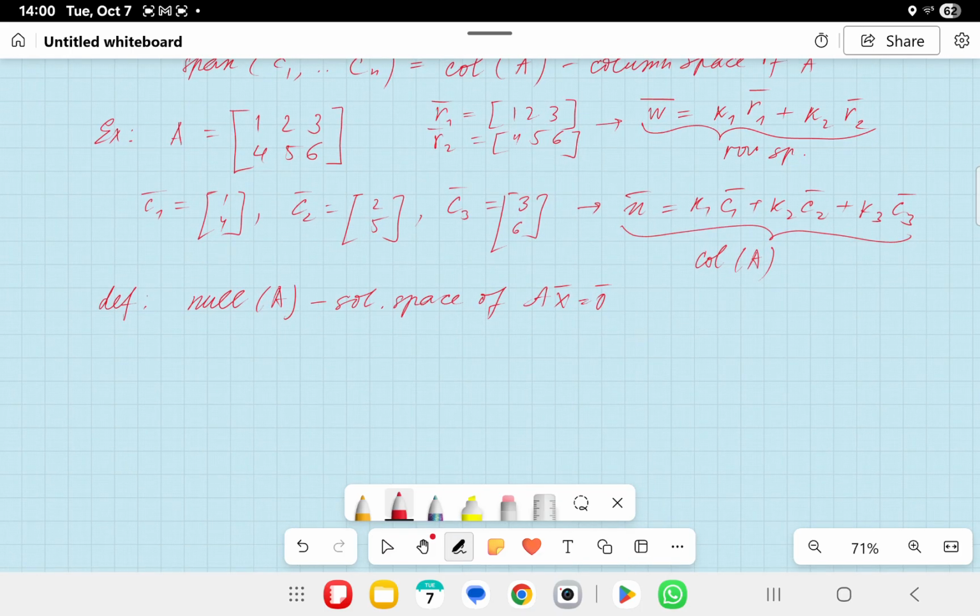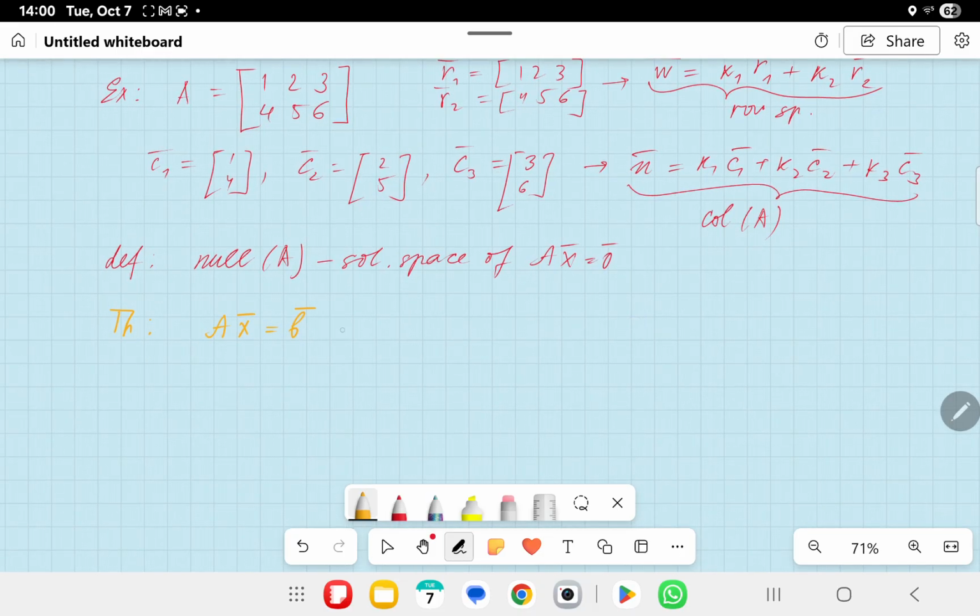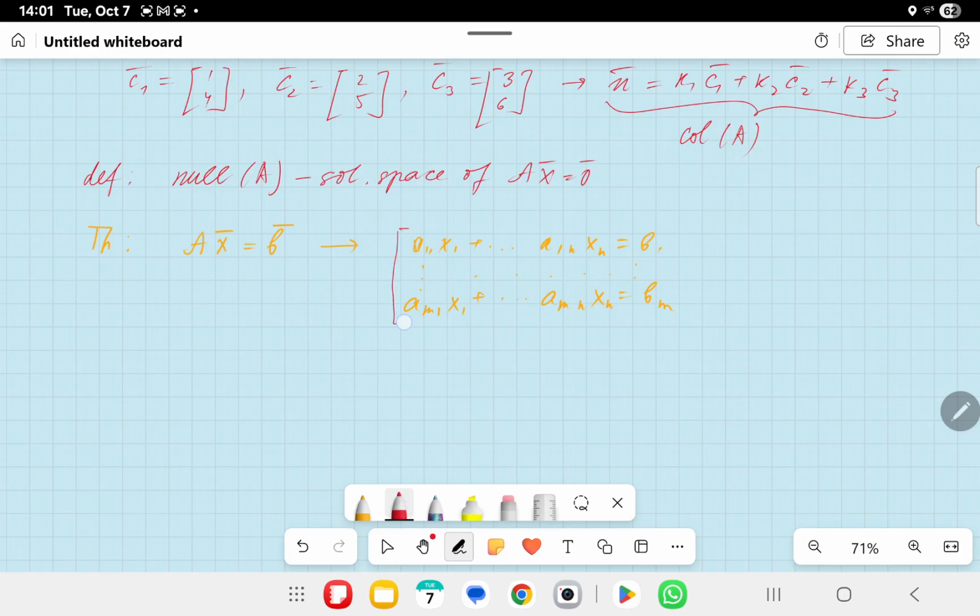Now guys, what is interesting? The theorem. If we write down the non-homogeneous equation AX equals B in the form of a linear system, something like this: a11 x1 plus a1n xn equals b1, and some other coefficients, am1 x1 plus amn xn equals bm, and some more equations in here. What we can see is that these